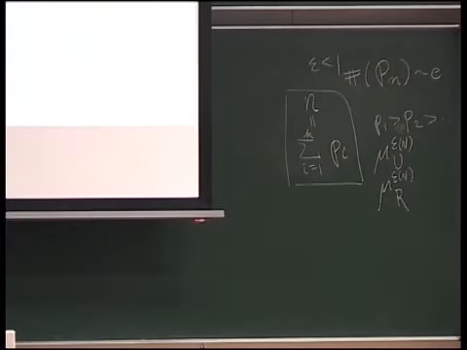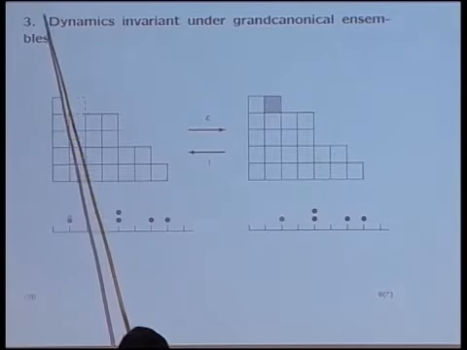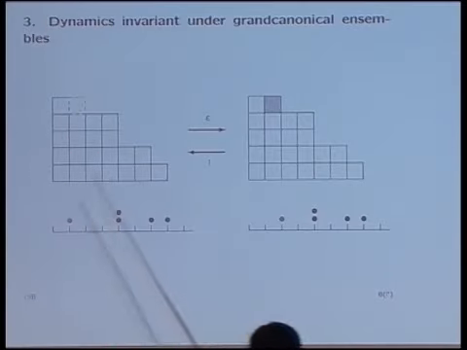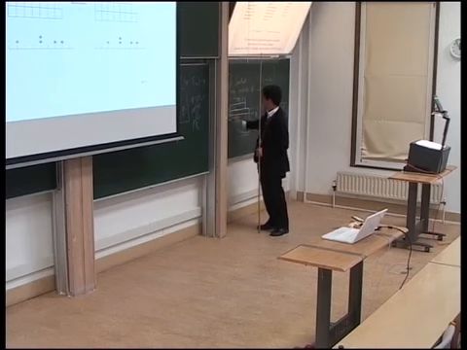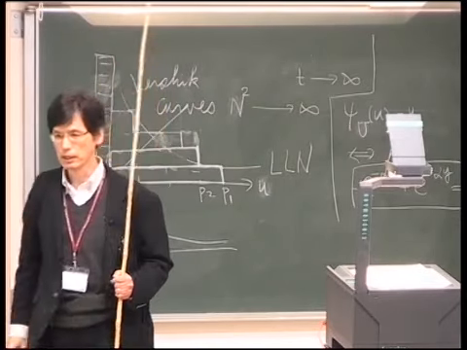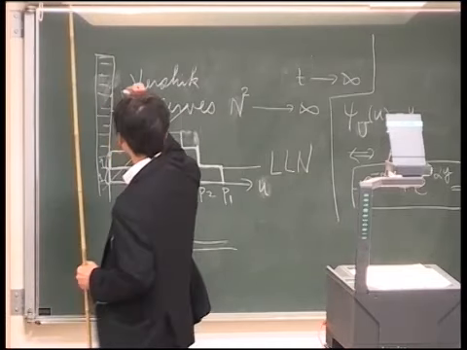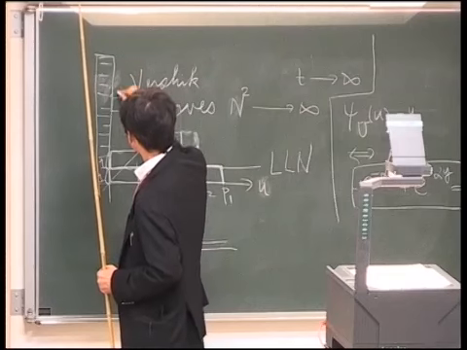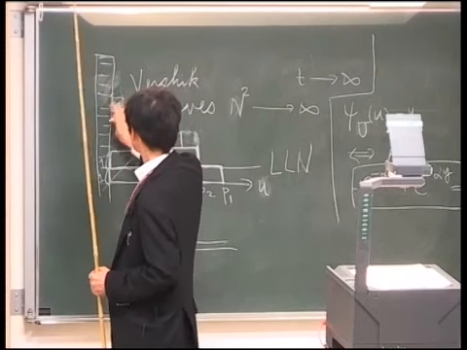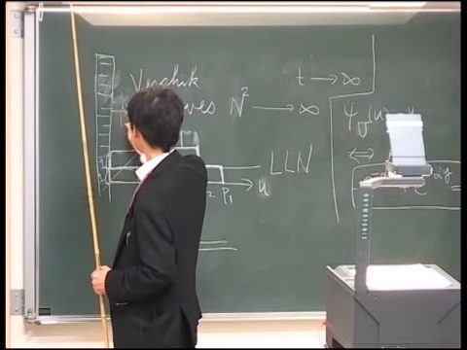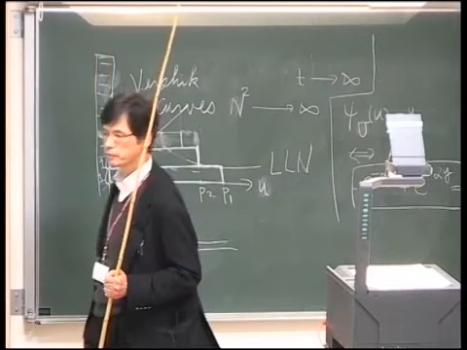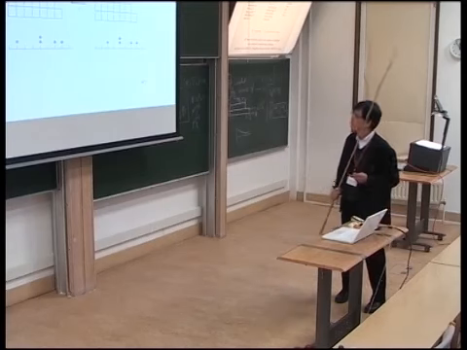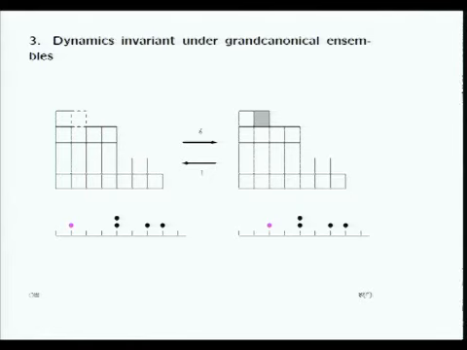And also at the boundary, we consider there are infinitely many squares. Therefore, you can always create at the boundary, and also eliminate at the boundary. It is always allowed to eliminate. In this situation, you can eliminate. Okay, so this is the dynamics which has the grand canonical ensemble as its invariant measure.